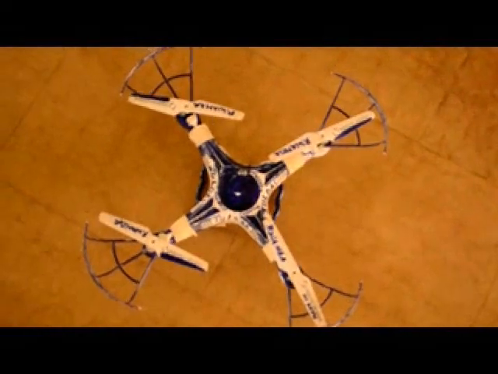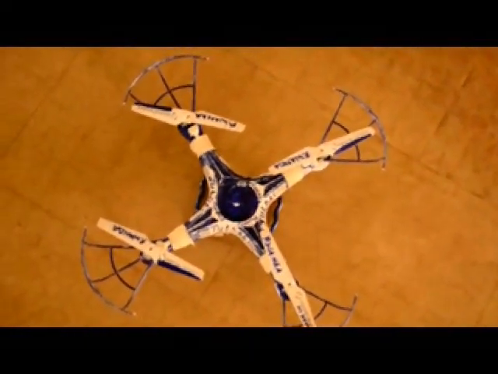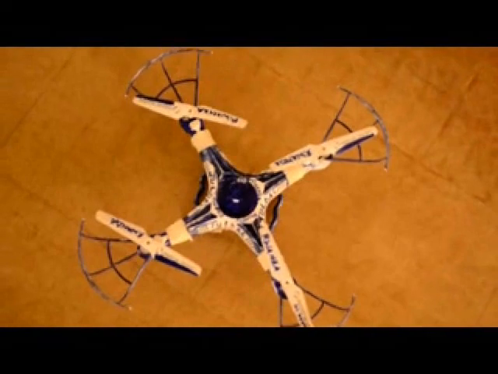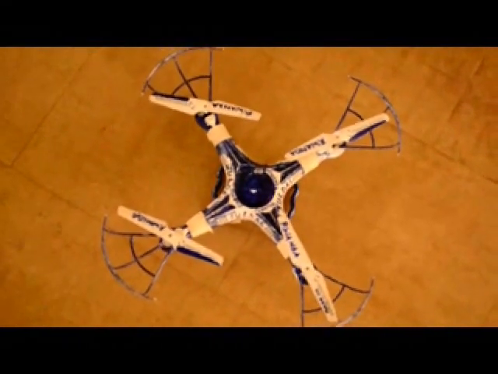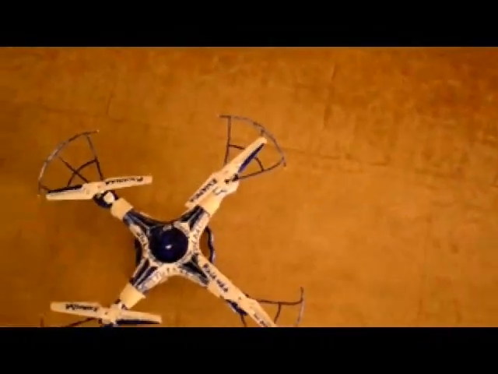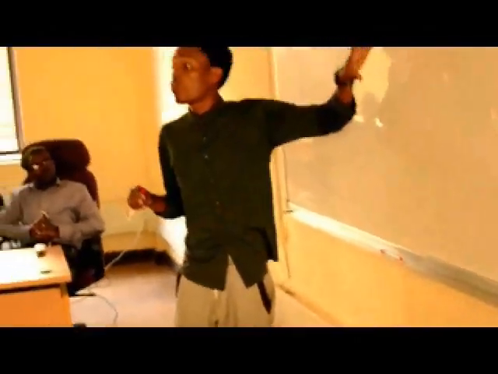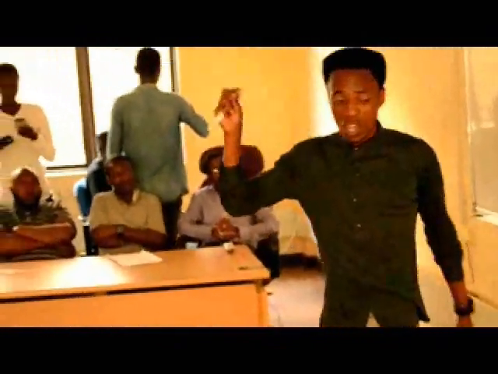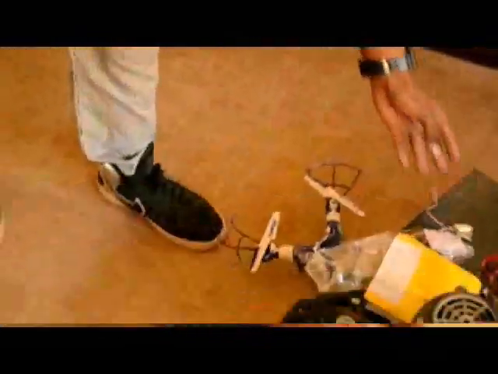So on my product I use a brushed motor. This motor can rotate at 9,000 RPM, that is rotations per minute. Now I use this motor in order to create enough lift for the product. So what I have started explaining is how my drone works, and this time I'll show you one of the components I used in it.